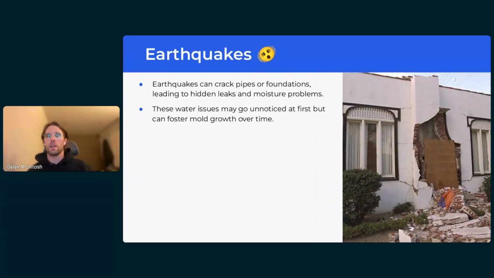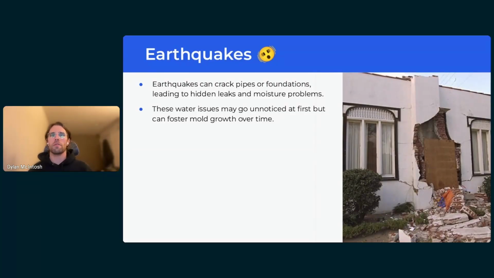Earthquakes can crack things like water lines, sewer lines, foundations, etc., and allow for water intrusion in pathways that weren't there prior. So all of those things can either create a water problem in the instance of plumbing, or allow for moisture to work in the next time it rains.